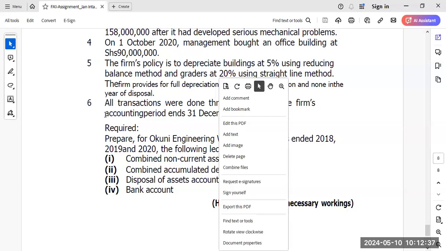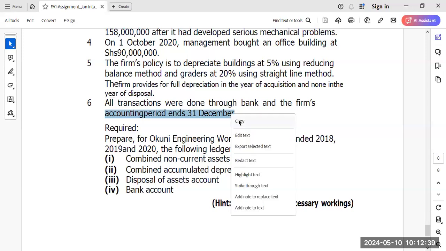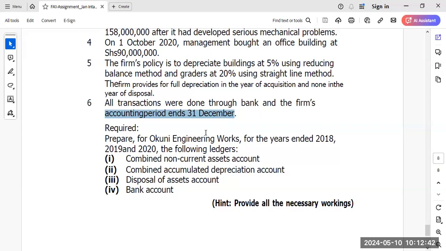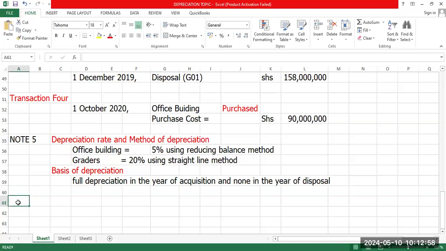To know when the accounting period will end, because not every company or not every firm has an accounting period that ends on 31st December. Some end on 30th April, some end on 30th June. So it depends on the information given. Here, note number 6, they are actually telling us that the